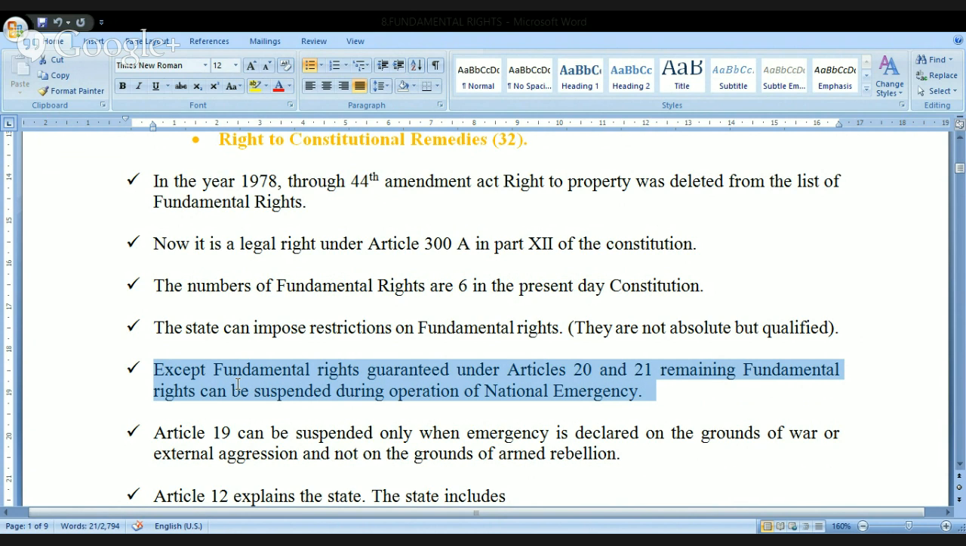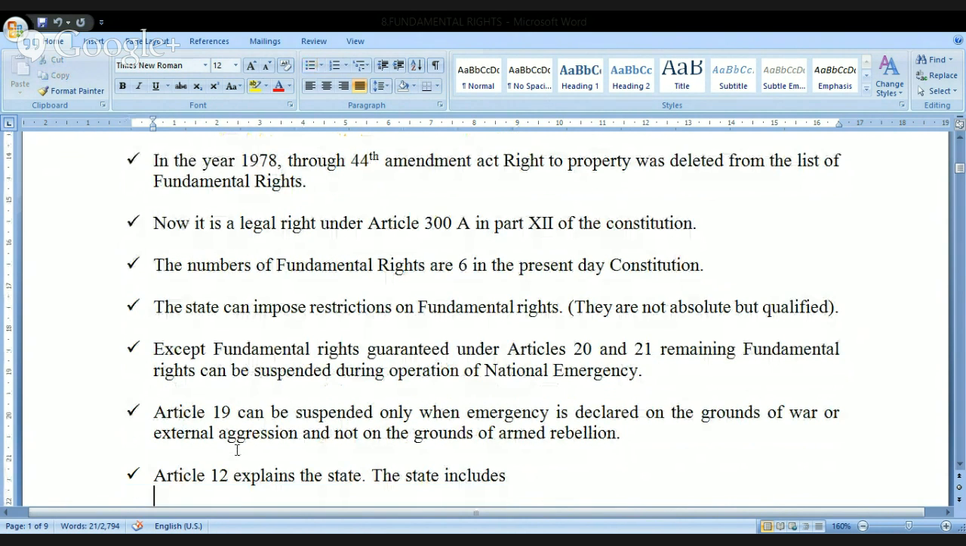But directly remember one thing, the fundamental rights that are guaranteed under 2 articles, Article number 20 and Article number 21, can be suspended only during the operation of the national emergency. Kindly remember this. Next, when it comes to Article number 19,